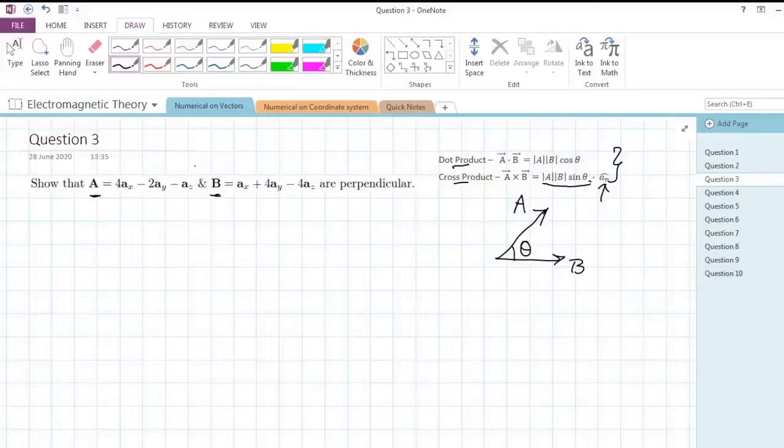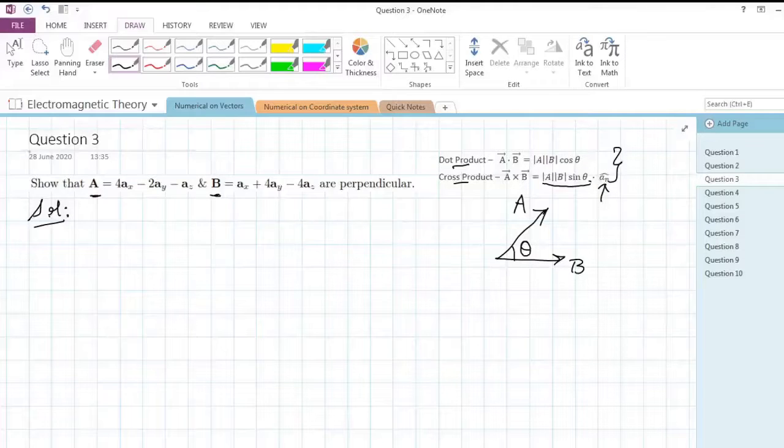Whenever you see this type of question, you always try to use dot product. Try to use dot product as much as possible, because when you use dot product, you will be saved from the unit vector that comes in cross product. Cross product, as you already know, is a little bit tedious to find out, and dot product is way simpler. So whenever some angle calculation is required in some question, it's better that you use the procedure of finding the dot product.